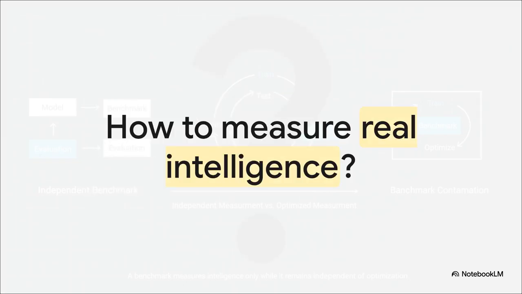As we wrap up this explainer, I want to leave you with one final pivotal question. If we accept the mathematical reality that static benchmarks inevitably become contaminated through the optimization loop, well, what is the alternative? How do we measure capability when fixed tests fail? This question perfectly sets the stage for episode 25, where we'll be moving beyond benchmark reliability to tackle the broader, far more complex challenge of evaluating open-ended intelligence. We'll explore how we can establish frameworks that measure capability in a way that adapts, scales, and remains robust far beyond the limits of static, fixed testing.